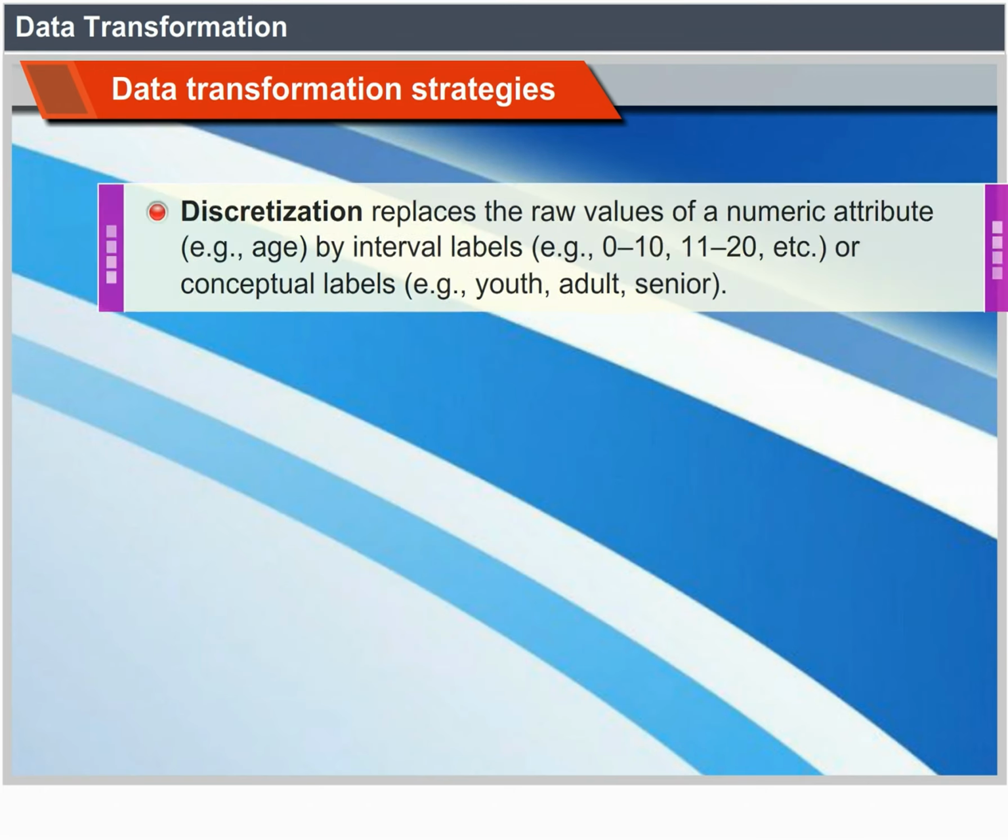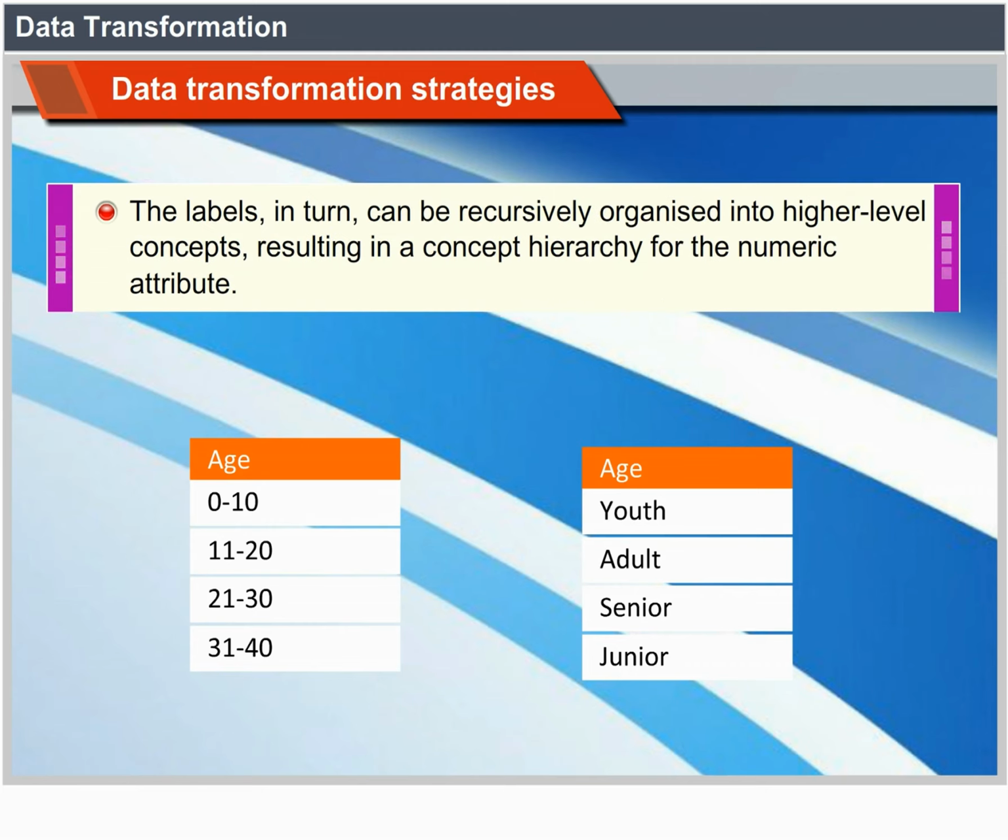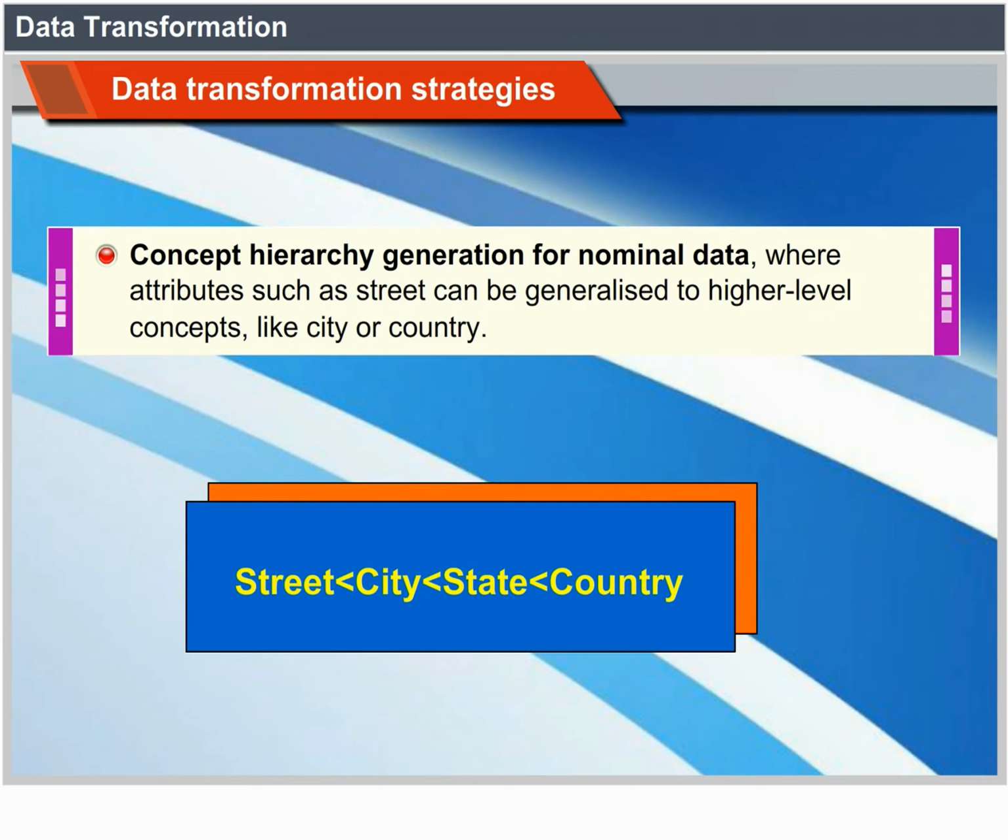Discretization, where the raw values of a numeric attribute, such as age, are replaced by interval labels, for example, 0 to 10, 11 to 20, etc., or conceptual labels, such as youth, adult, senior. The labels in turn can be recursively organized into higher-level concepts, resulting in a concept hierarchy for the numeric attribute. Concept hierarchy generation for nominal data, where attributes such as street can be generalized to higher-level concepts like city or